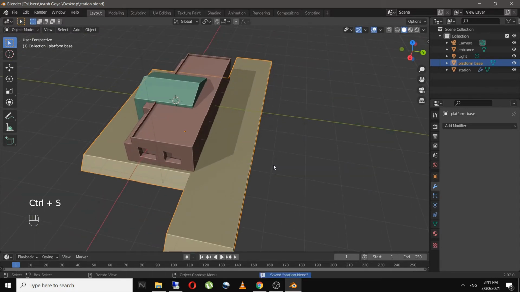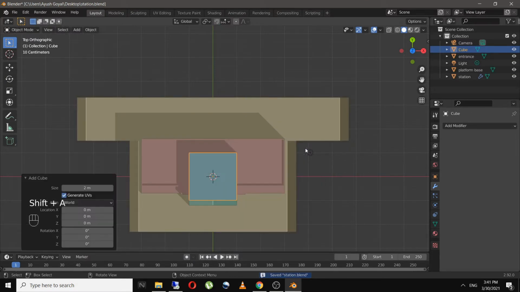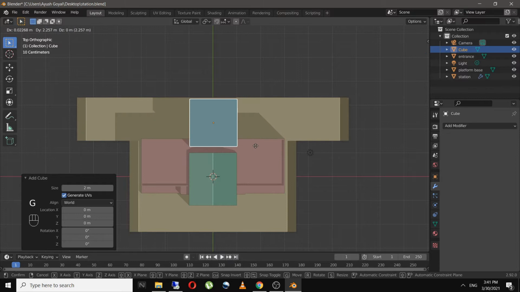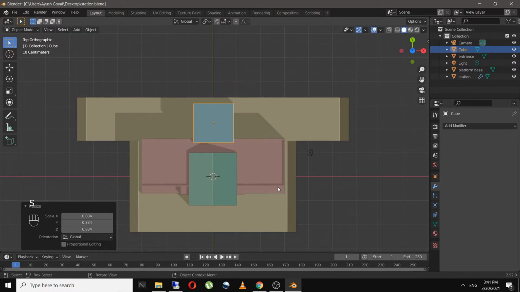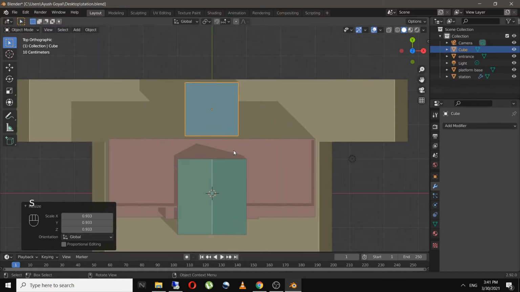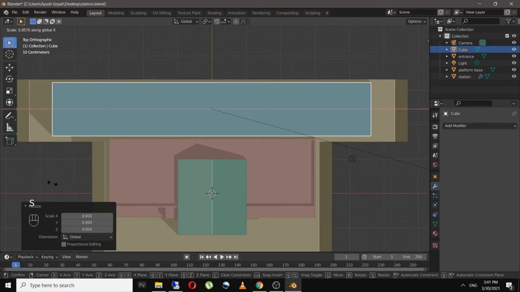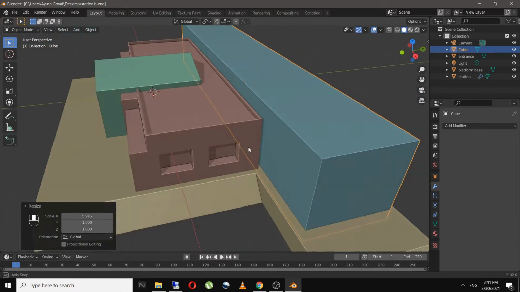And now I will create the shed for the platform. So it will be again a simple cube. I will stretch it on x-axis and scale it on z-axis as well.